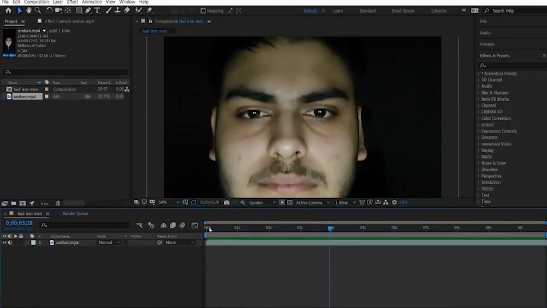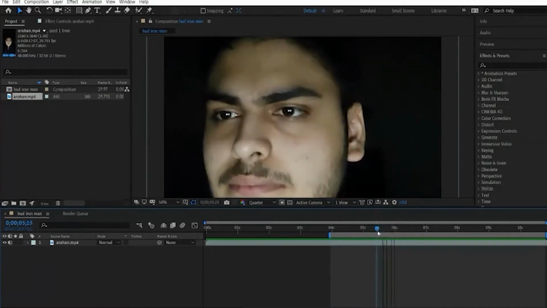If you can see these two blue markers in the timeline, they basically define from where to where the video will go. If I move this work area, this blue icon that I'm moving, I'll just place it where my blue marker is.